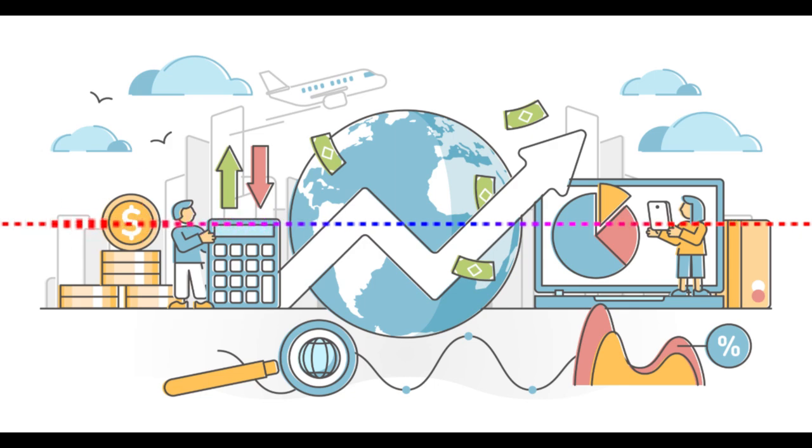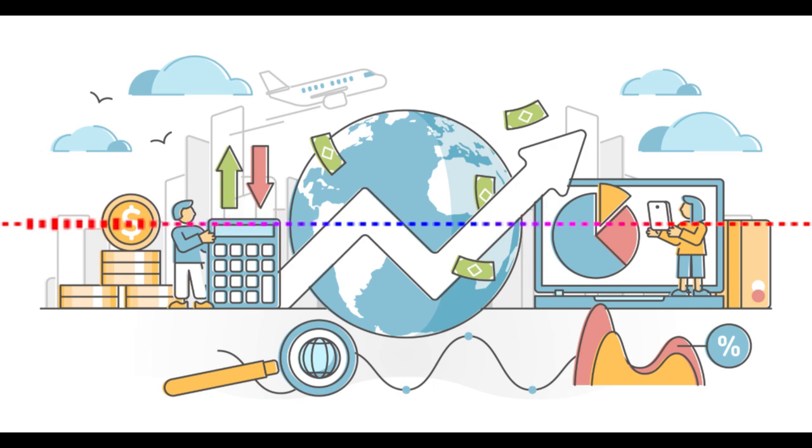Fiscal policy is a crucial tool governments use to influence the economy. It involves adjustments to government spending and taxation. Governments can increase spending or reduce taxes to stimulate aggregate demand and bolster economic activity. Conversely, they can decrease spending or raise taxes to curb inflation or shrink budget deficits.